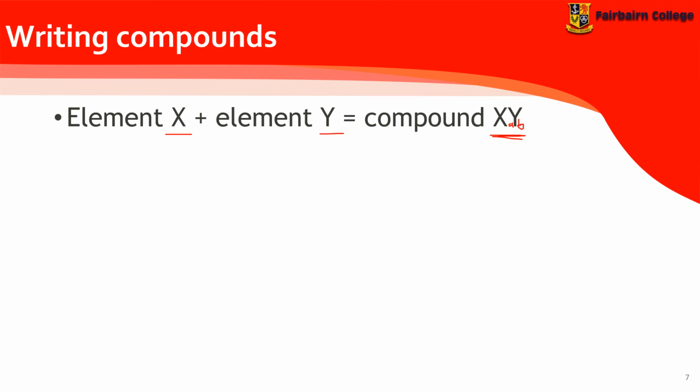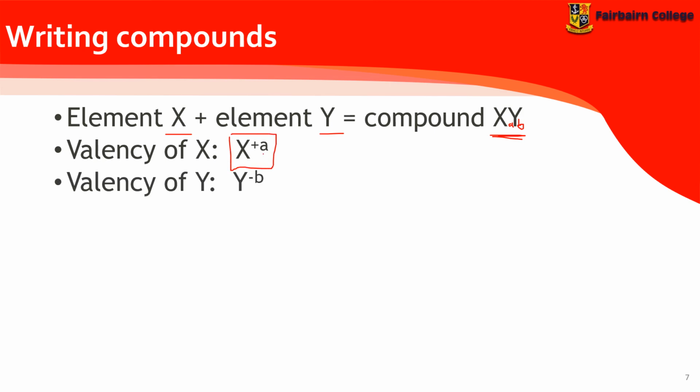So the first thing you have to do is go to your periodic table and look up the valency for element X and for element Y. Then you would come back and see that the valency for X is, for instance, X plus A, where A is another placeholder, and the valency for Y is Y minus B. One will always be positive and one will always be negative. Then all you do is write those two next to each other, X plus A, Y minus B,